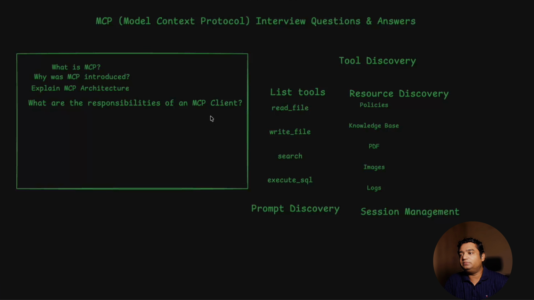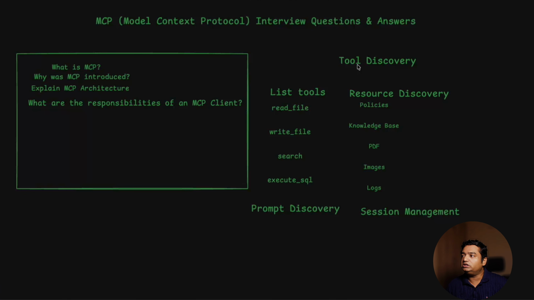So while explaining the MCP architecture, if you have explained the MCP client in detail, then the interviewer will not ask about the MCP client in more detail. But if that doesn't happen, then the other question can be like, what is the use of MCP client and what all actions MCP client performs? So you have to mention it in a structured way.